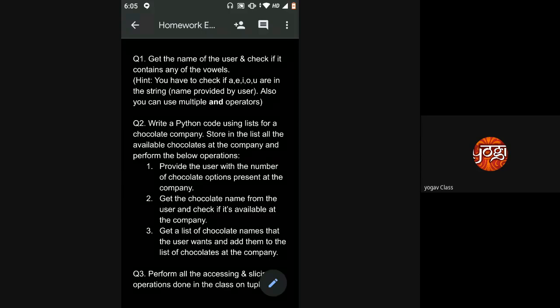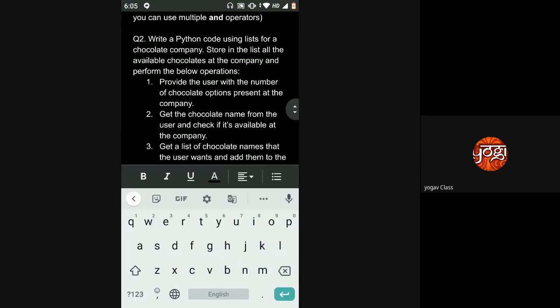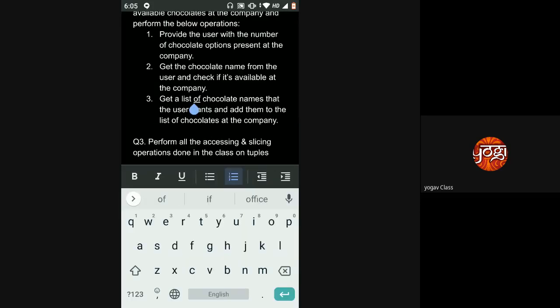You can take them one by one, or just take one chocolate name from the user and add it to the list. This is very simple, and all of this is already done in the class.